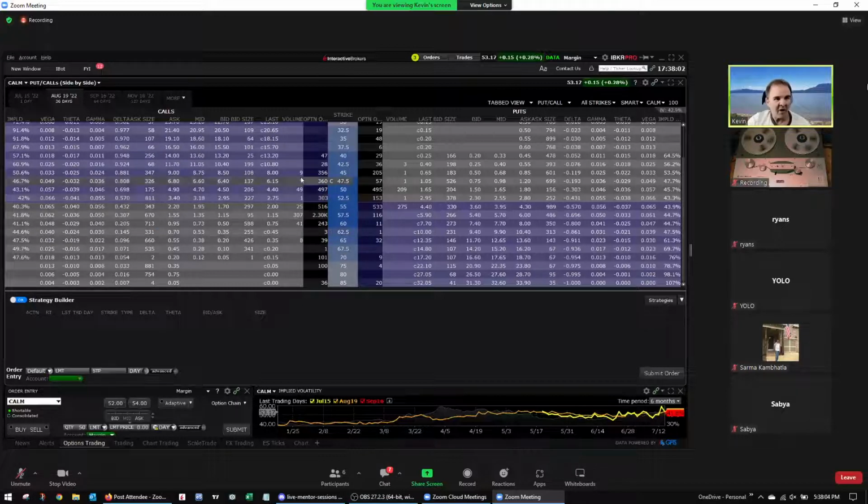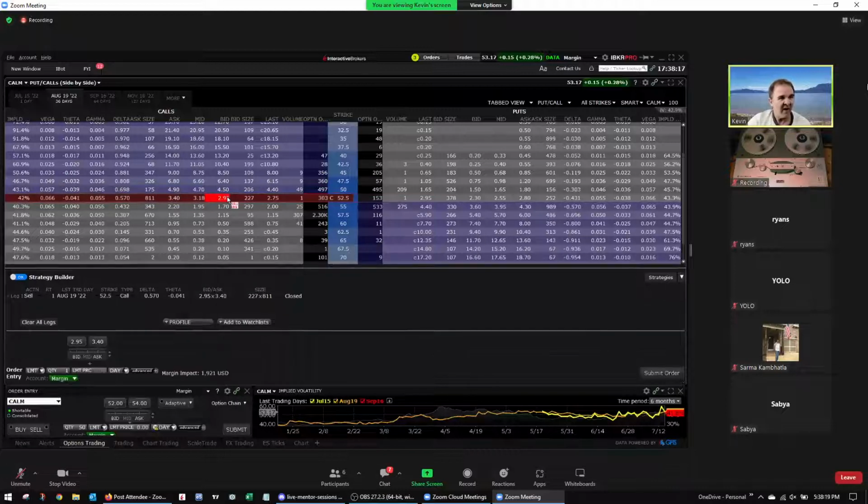So our at the money calls are basically between 52.50 and 55. I'm going to go with 52.50, and we're going to sell one of these 52.50 strikes.